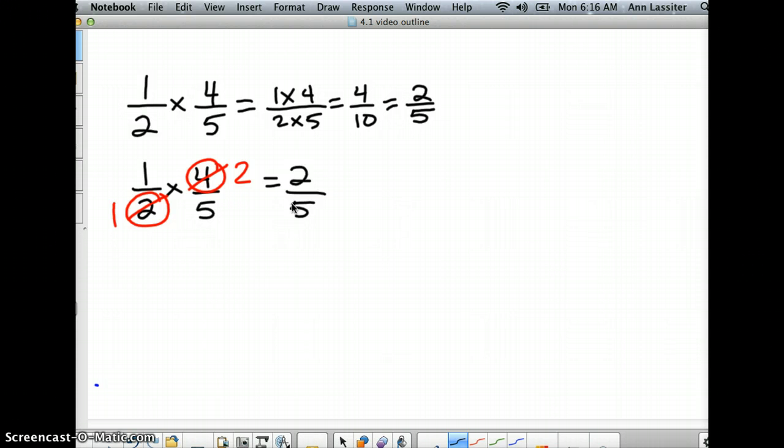So you can either simplify at the end, or you could try to take out some of the common factors in the beginning, and it makes your work nicer in the end. Let's look at another example. Let's do